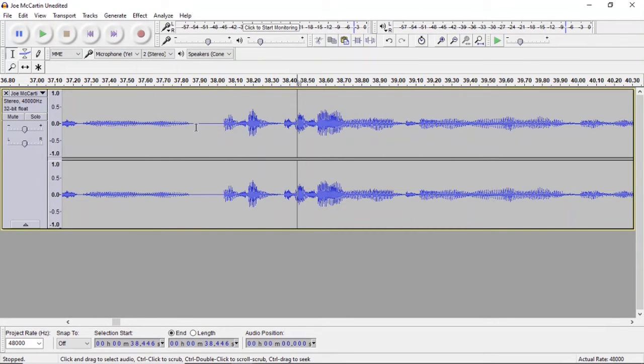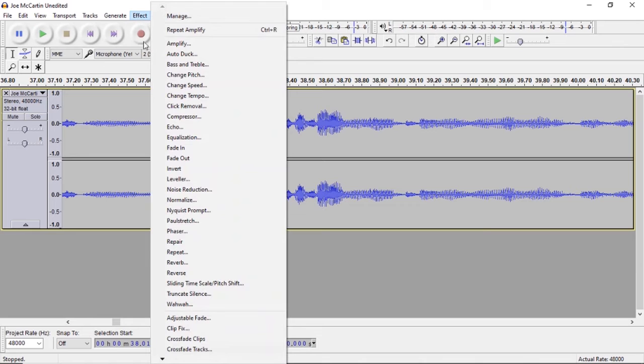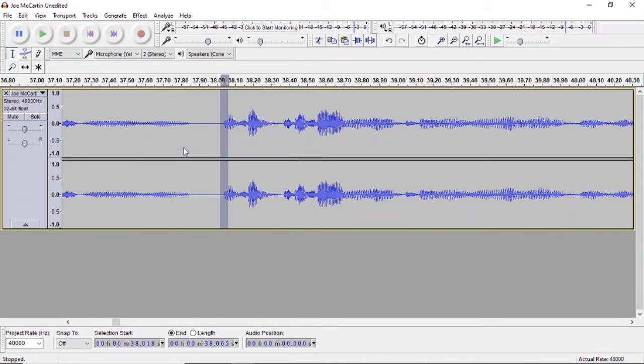But just to make sure, what you would do is fade in, or if it's at the end, fade out. So in order to make sure that these things don't come across awkwardly, highlight a small segment of the beginning and go past the beginning. Then go into Effects and then Fade In. If you were at the end of the word, you would do Fade Out. But here you do Fade In, and then it turns down the beginning of the word's volume, but just the beginning, and gradually fades it up to a normal size,